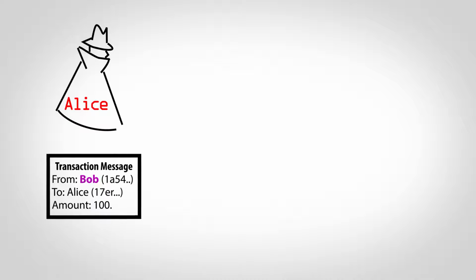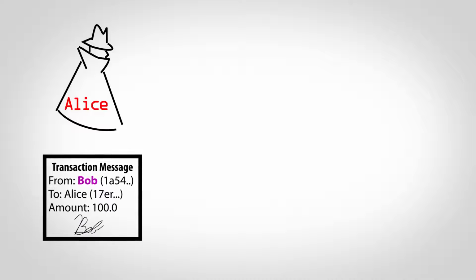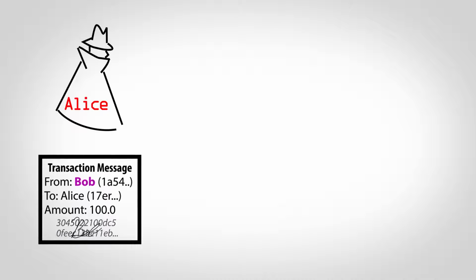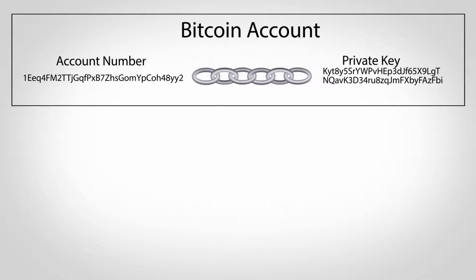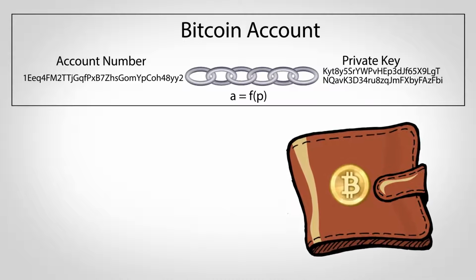If sending money is as simple as creating a message with some account numbers, what's to stop a thief, Alice, from spending Bob's money by using his account number? Like a pen and paper check, Bitcoin requires a kind of signature to prove that the sender is the real owner of an account, but it is based on math rather than handwriting. When a new account number is created, it comes along with a private key mathematically linked to that account number. If you've heard of a Bitcoin wallet, these keys are what it holds and are what allow you to create signatures.